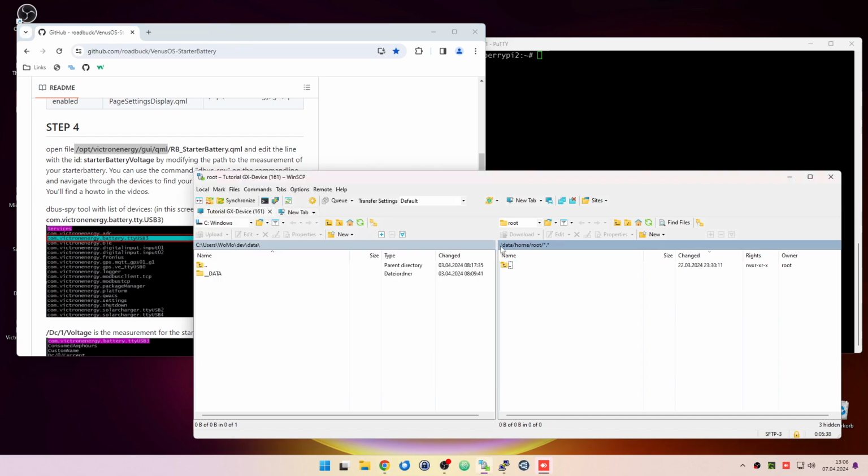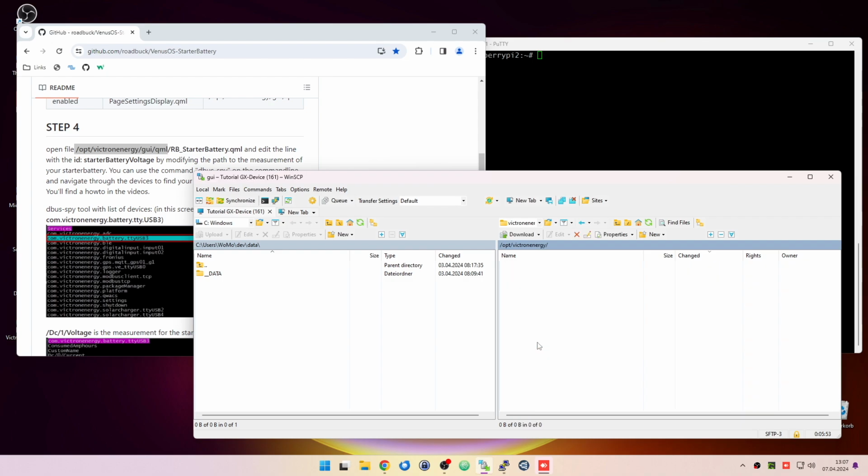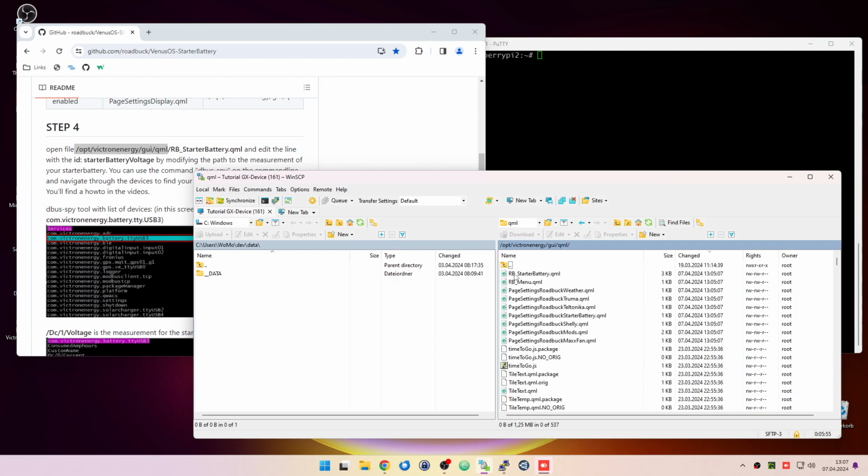We go to the beginning. We can either choose this icon here, or you can just click on the first slash here and you are on the root directory. So let's go to opt Victron Energy GUI QML. Here you can see all the files,